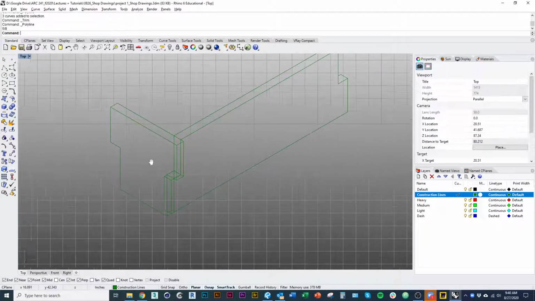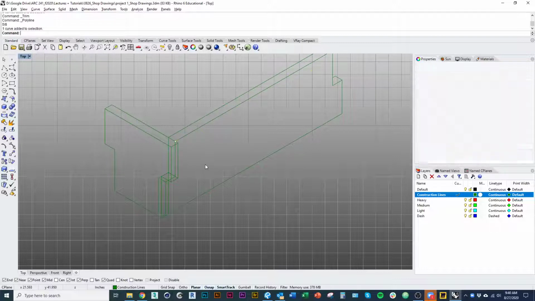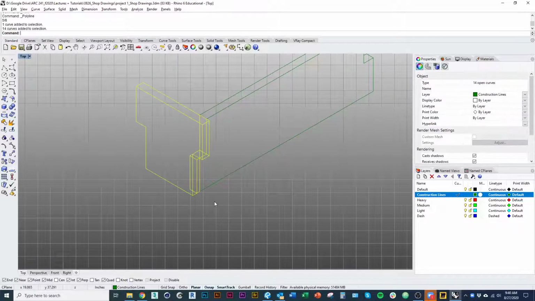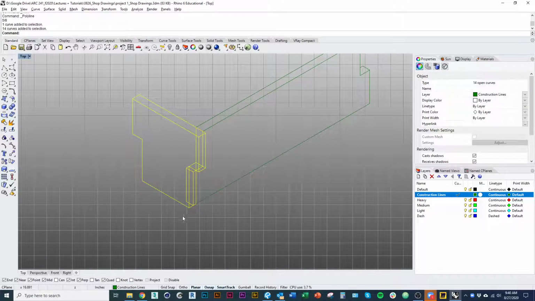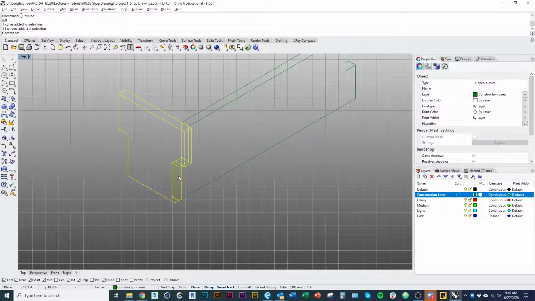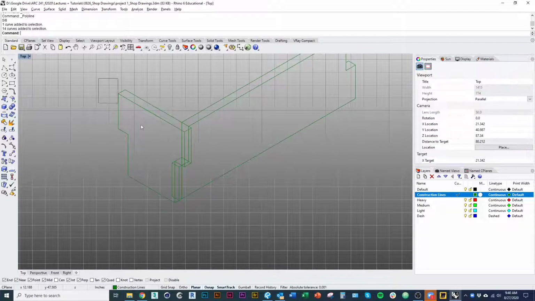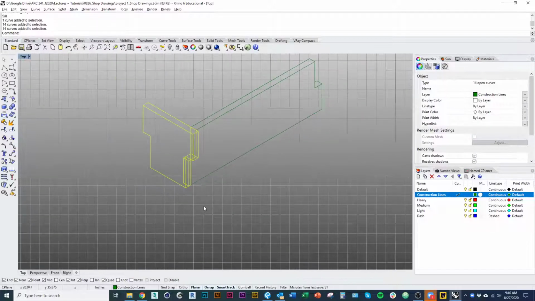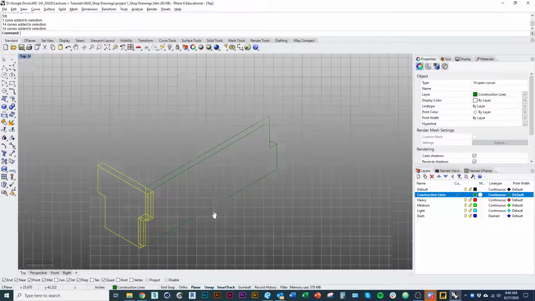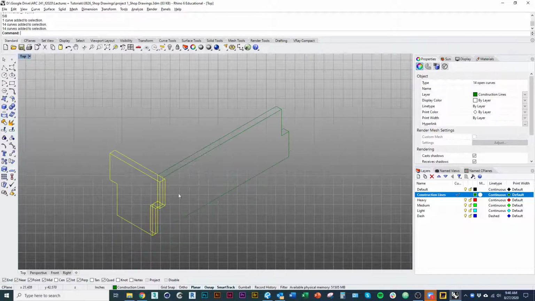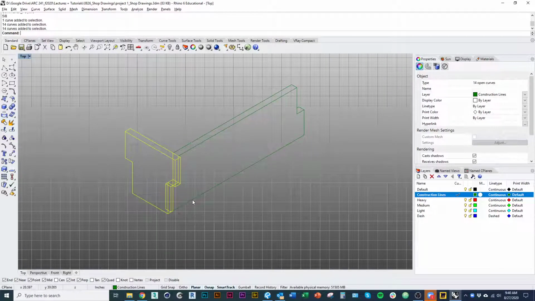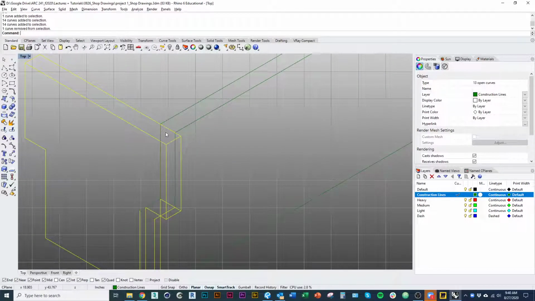So what I am going to do right now, since I already have all these lines kind of traced out, I'm going to copy each one. And in doing that, like I mentioned a moment ago, we're actually going to draw an exploded axonometric, and I actually want to show it. I'm going to explode it in that direction. But before I get to that point,